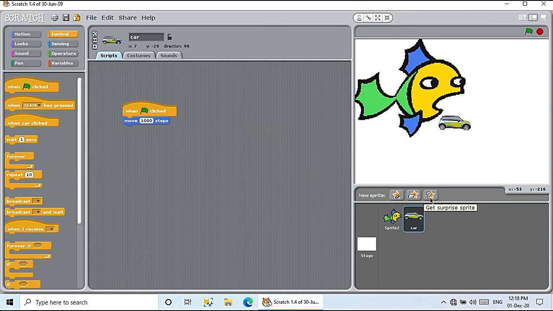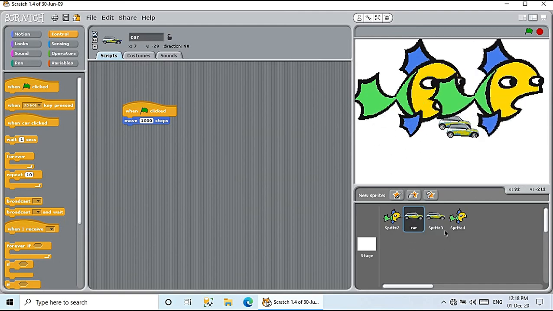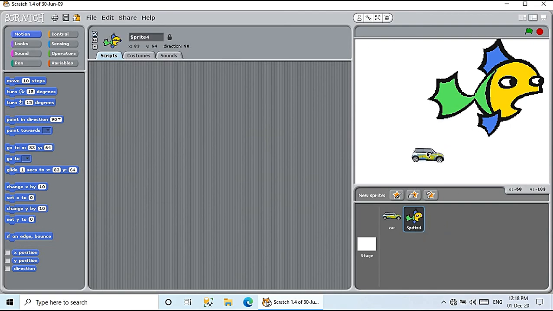So that car will be saved and you can use it in any other project of yours. Then, if I right click, duplicate is there. One duplicate was using this tool, but this duplicate, if you click on it, you can simply duplicate. If you right click the sprite and click on duplicate, it will create a duplicate. You can see the duplicates here. Then if you right click and choose this delete option, whichever sprite is selected will get deleted. Supposing I choose this car sprite and I right click delete, the sprite gets deleted.